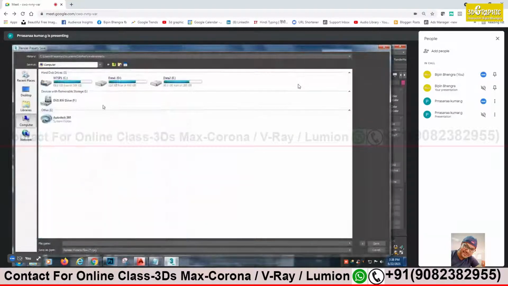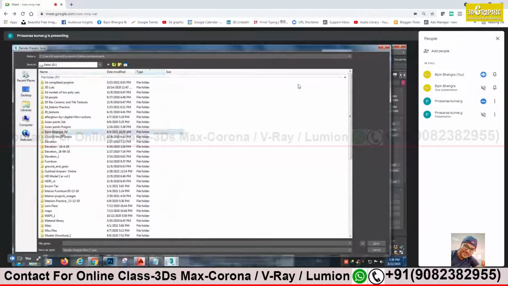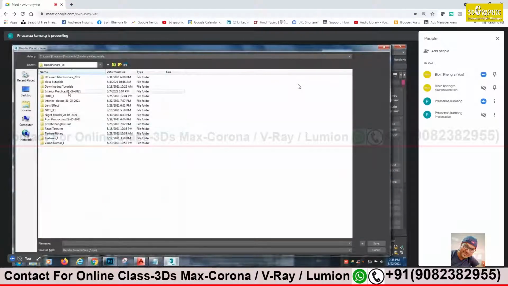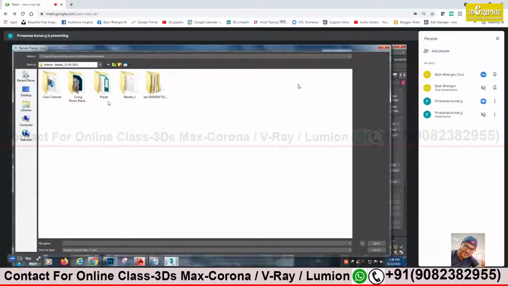Yes, sir. Go to the local drive where your project is. We made an interior with some presets, and I will share the night view, interior night view.